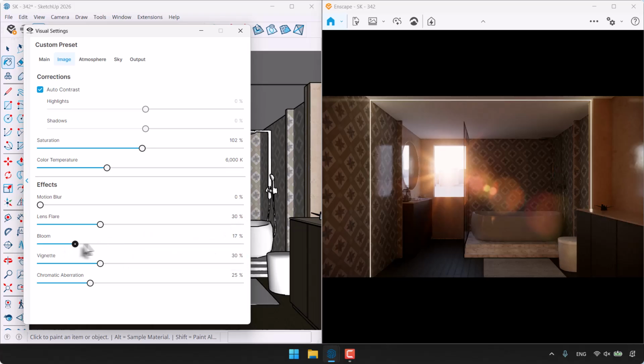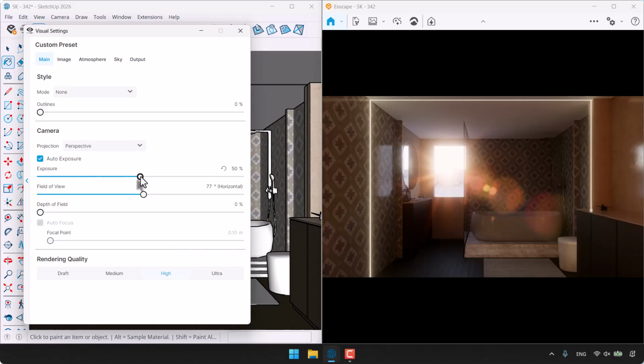And also, if I increase the bloom, you can see what will go on in our render. For example, we have some blurriness in our bathroom, so you can increase it in this type of render. The vignette can be effective, but my render is dark enough, so I just want to put it on 10%. Chromatic aberration is 0, and in the main bar, I'm going to increase the auto exposure to some number